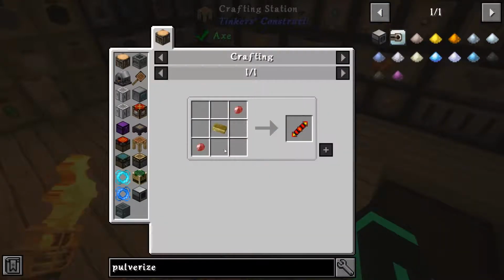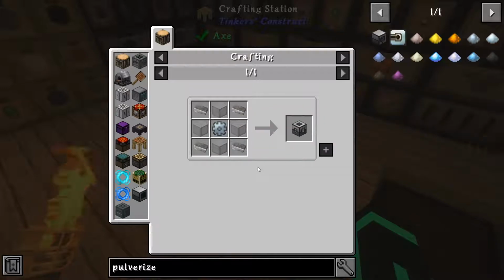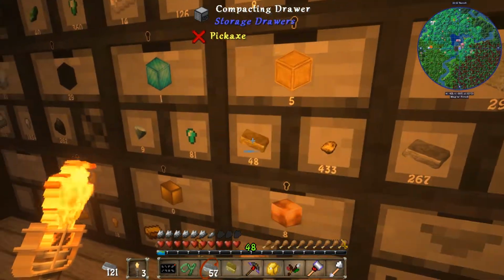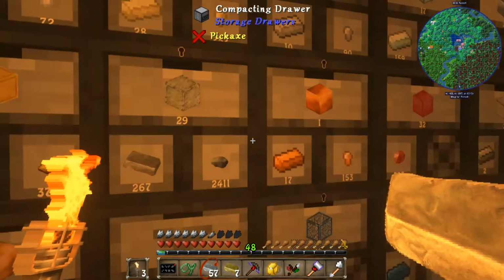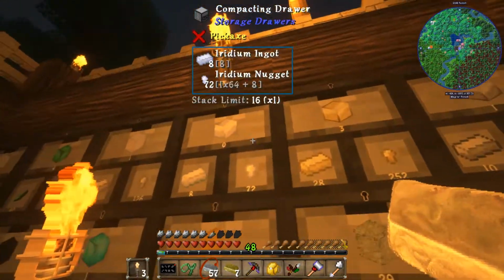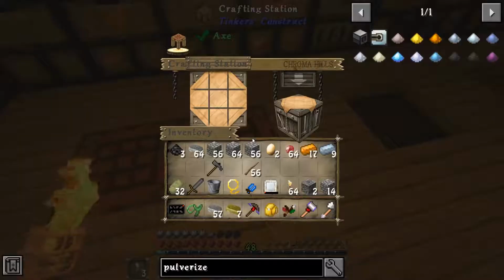Pulverizer, which will need redstone coil. Okay, redstone coil, copper gear, machine frame. That'll need a tin gear. Oh god, okay. So I need a lot of iron. I need a bit of gold. I need a lot of redstone, and I need a lot of copper. Maybe tin too. Yeah, I need tin too. Where's... Hello, Mr. Tintin. Where are you? Quartz 10. Okay. That will be the tin. So now,